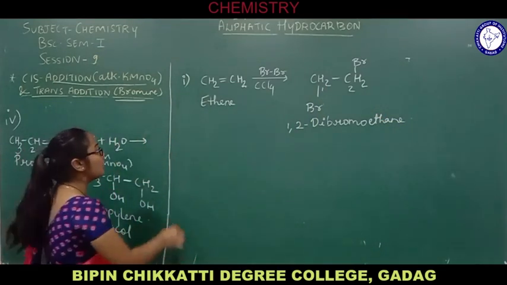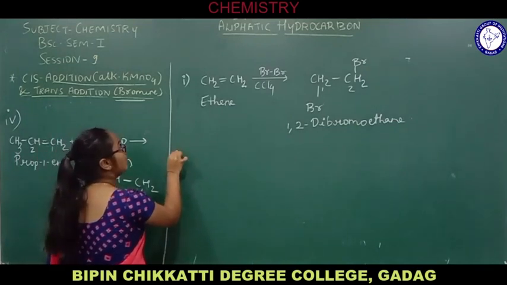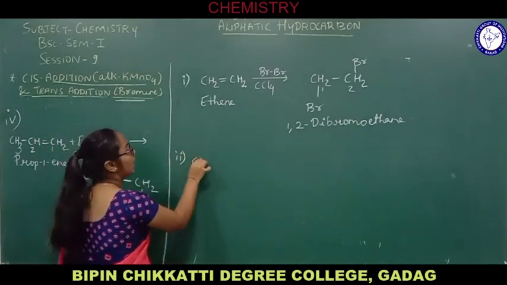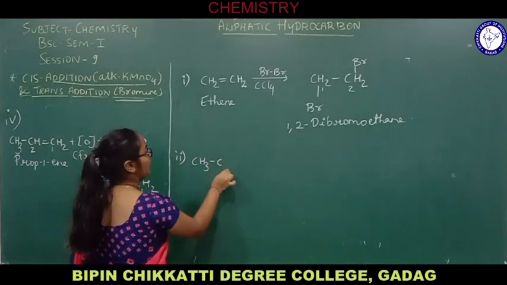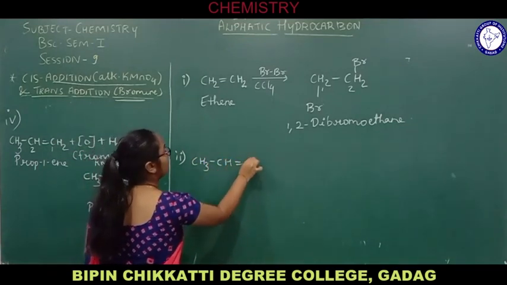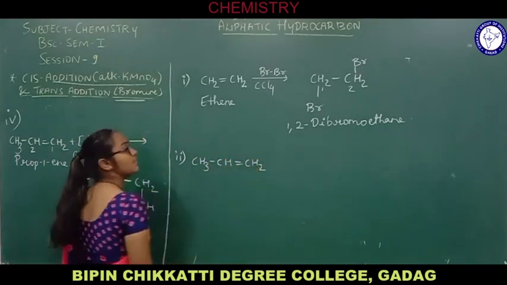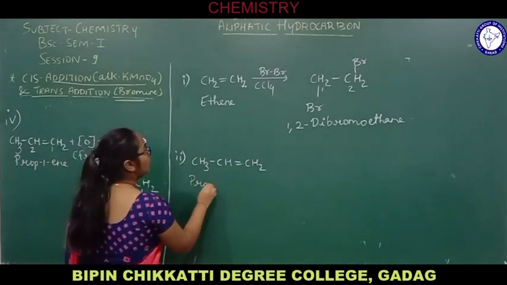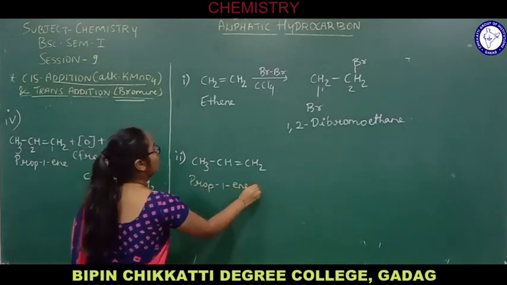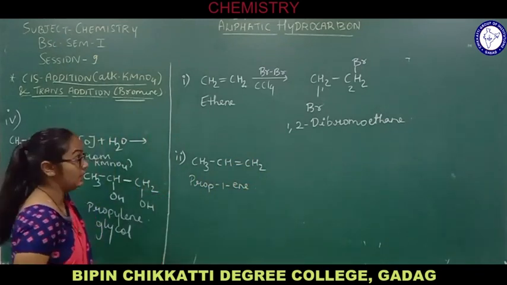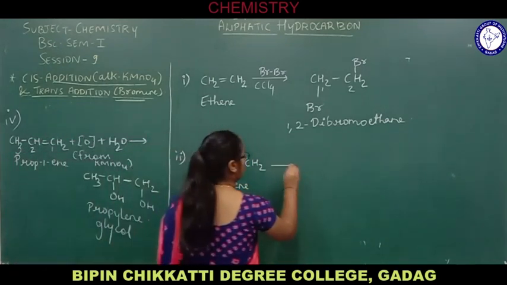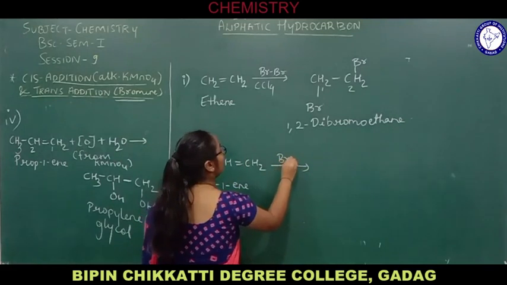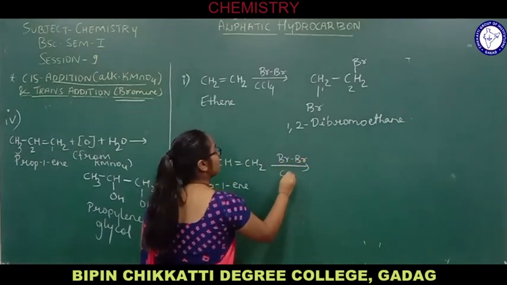So let's take one more example for this. I'm going to take propylene. This is propene, prop-1-ene. So when this prop-1-ene is treated with bromine water in presence of carbon tetrachloride,